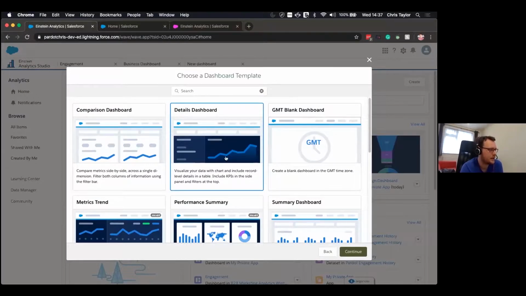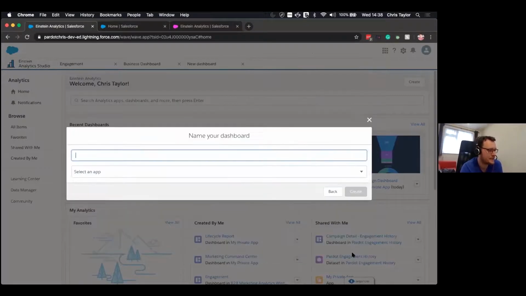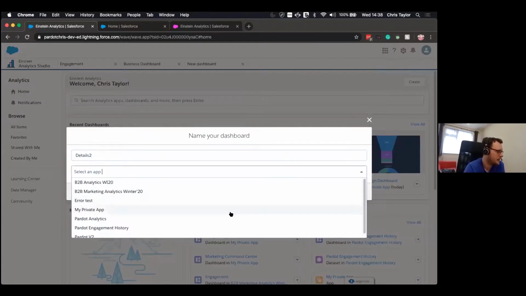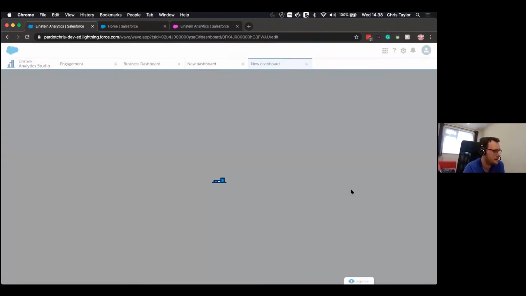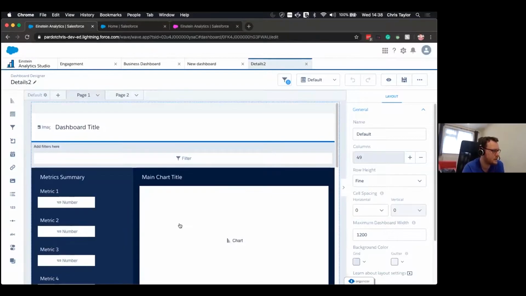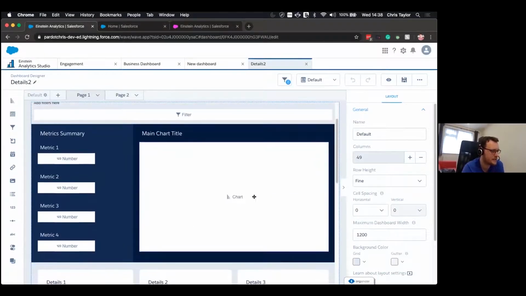So if I come into here and let's say create this details dashboard, and I'm just going to put that in my private app for now, you'll see that I've got all of these widgets that the design has been done for me. I can then just click into these things and do them. With the smart dashboards, it will ask you a couple of questions and get you to pick the data that you want to use,